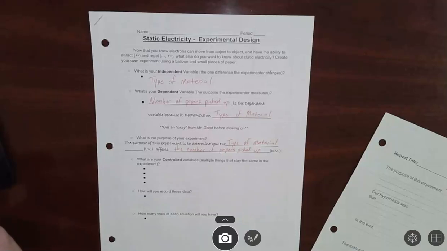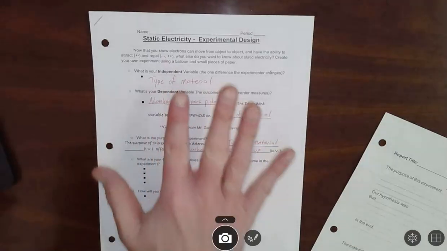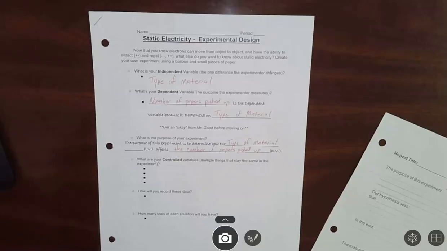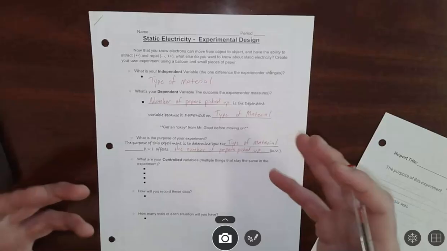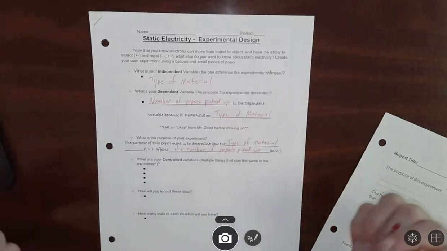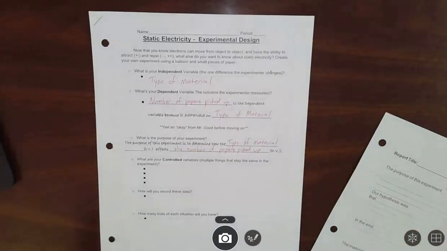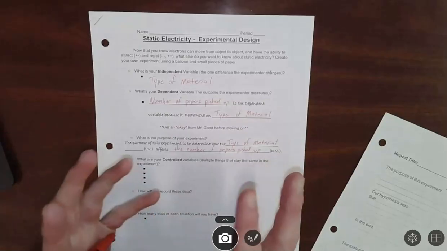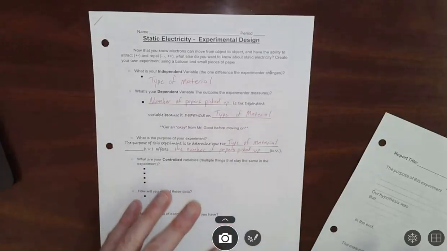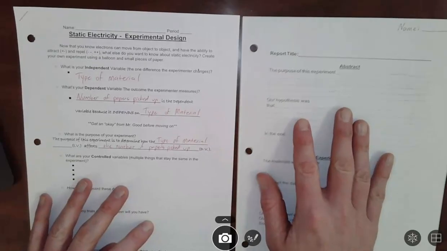Hello everybody, you just completed your first self-designed experiment in science class. We're going to be doing this a lot this year. It's pretty neat because you get to choose your own dependent variables and then do your own experiment. And then at the end of every time we do an experiment like this, you get to write a quick